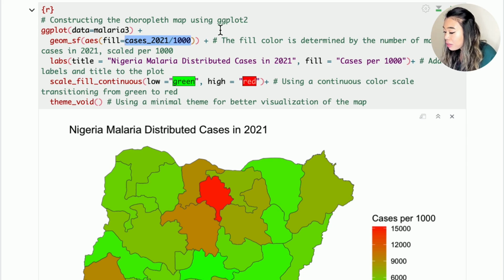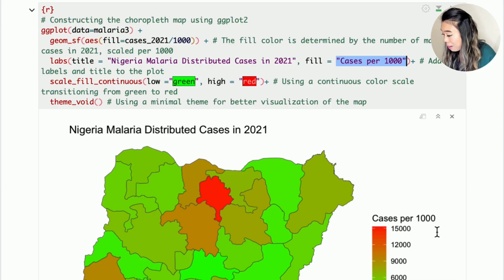And this effectively represents the number of cases per 1,000 people. Next, the labs function specifies the title of the plot, which is Nigeria malaria distributed cases in 2021, and also the label for the color scale. So here in fill, we indicated the title to be cases per 1,000, which we can easily see down here